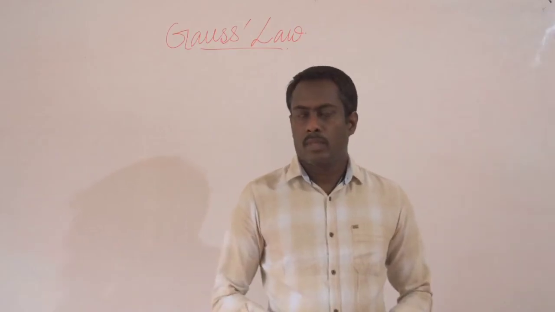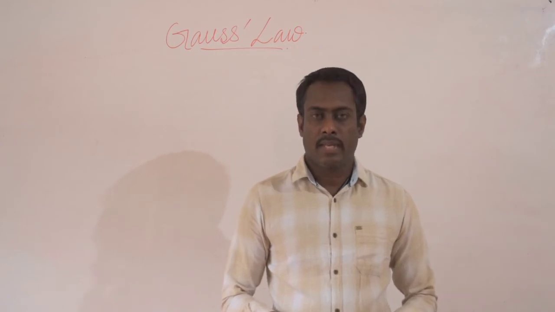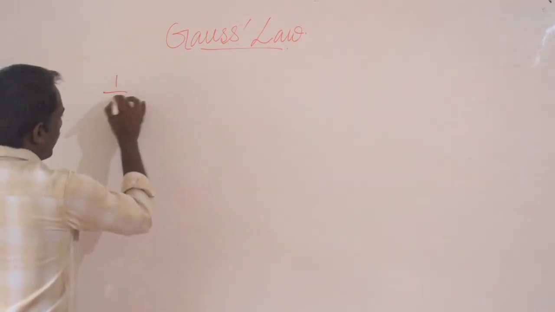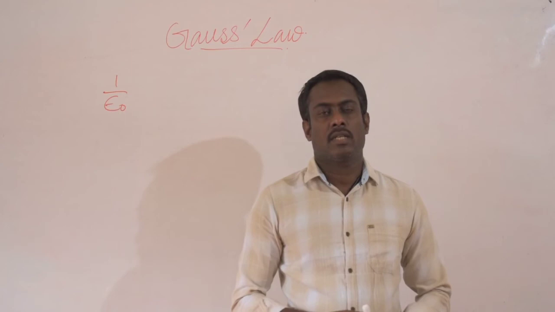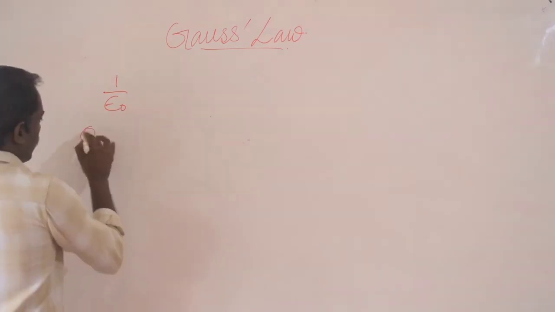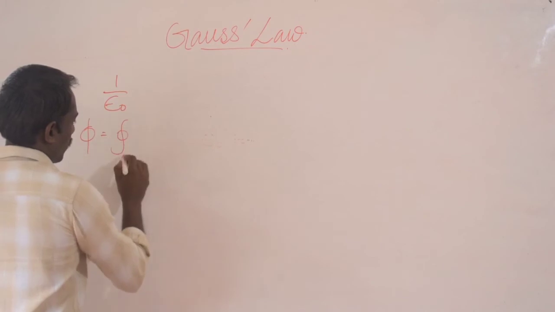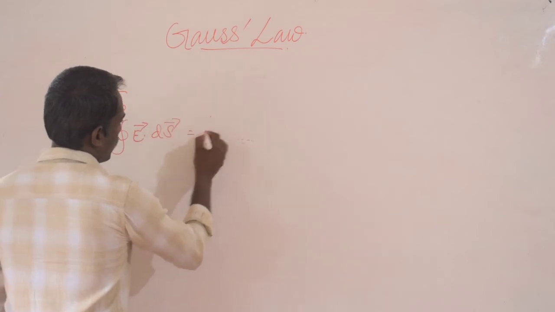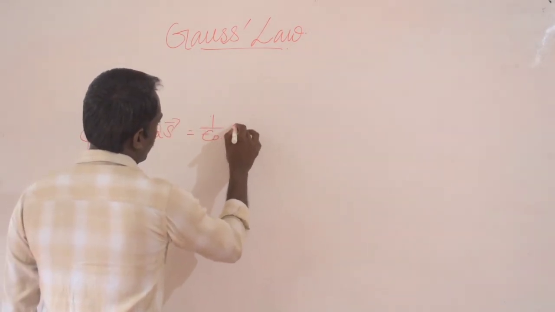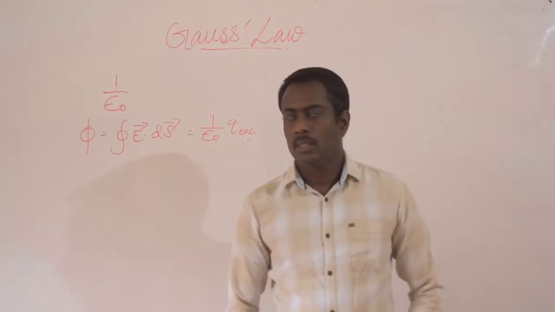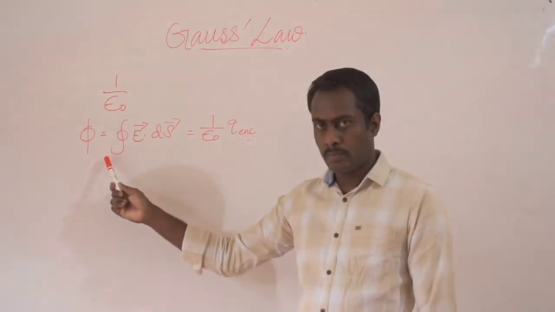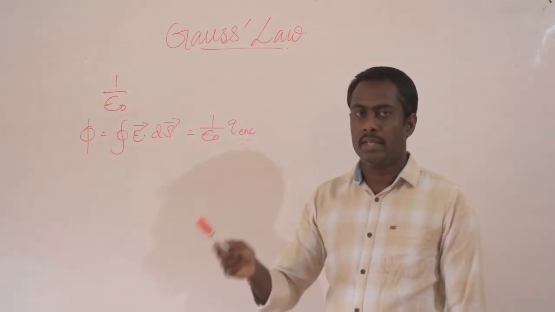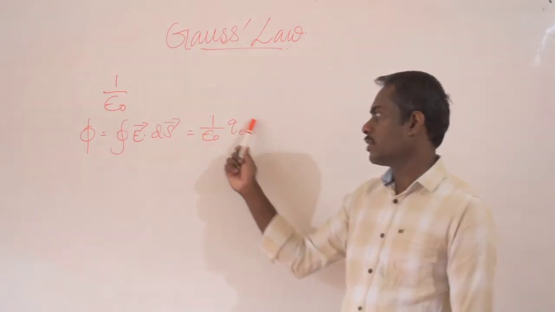As per Gauss law, the total electric flux of an electric field through a closed surface is 1 by epsilon 0 times the net charge enclosed within the surface. Right, phi is equal to closed integral of E into dS is equal to 1 by epsilon 0 into Q enclosed. These equations hold good when the charge is only enclosed within the surface and the charge is